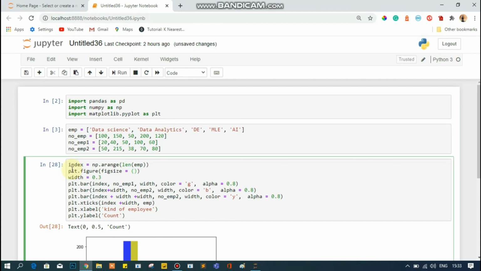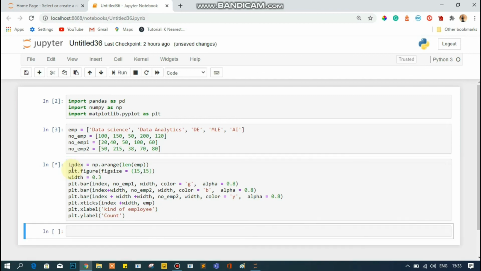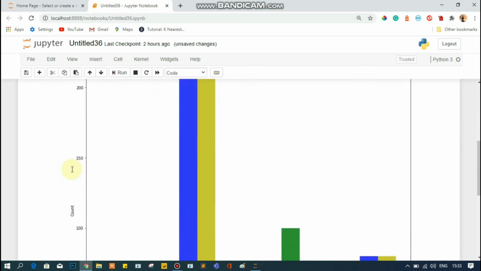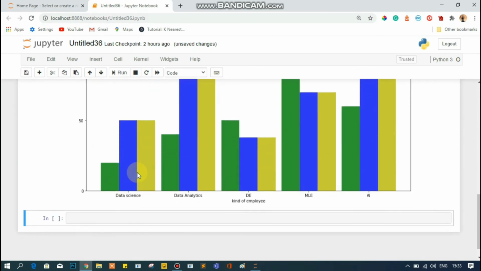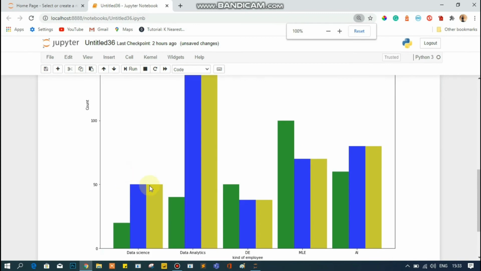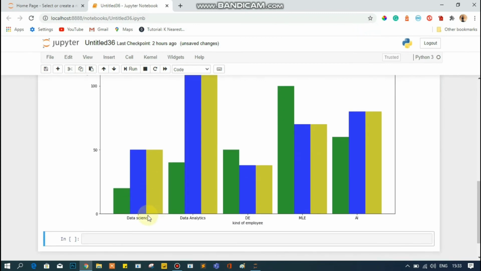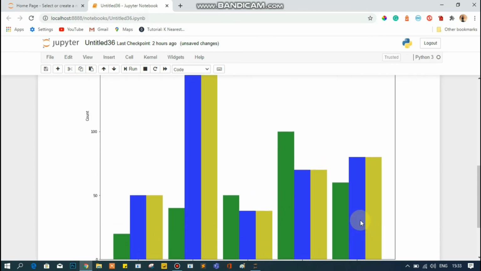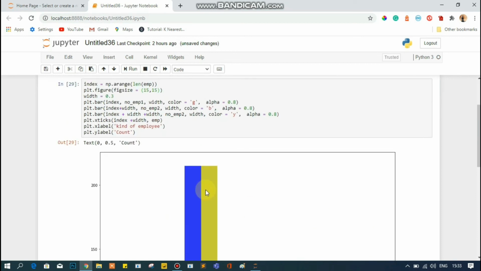Let me give the figure size as 15 by 15. Run this. Now you can see that the size of my bar plot has been changed completely, and the names are now visible very clearly: data science, data analytics, DE, MLE, AI. You can see all the names here.